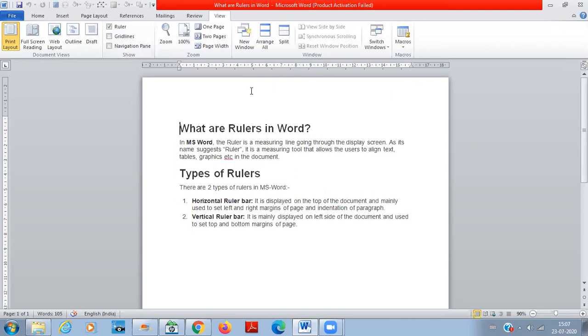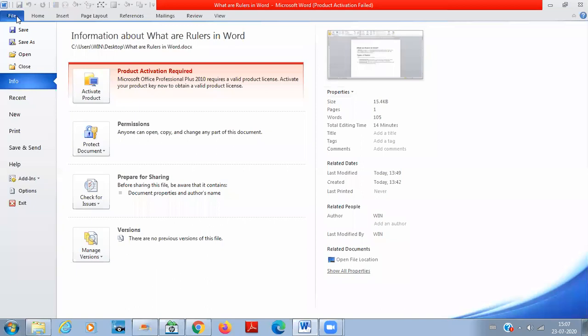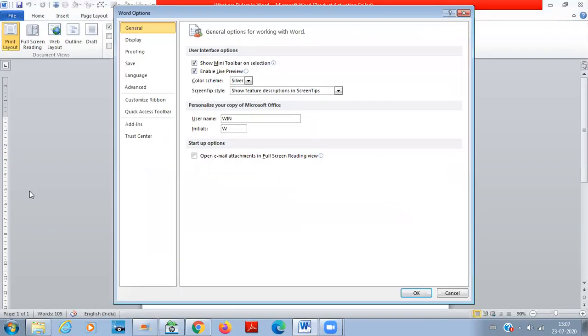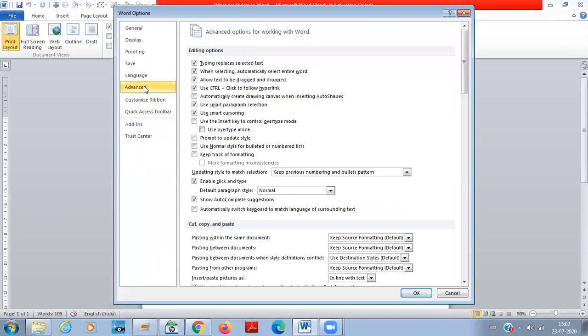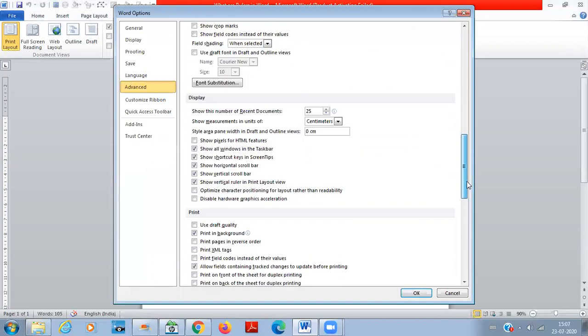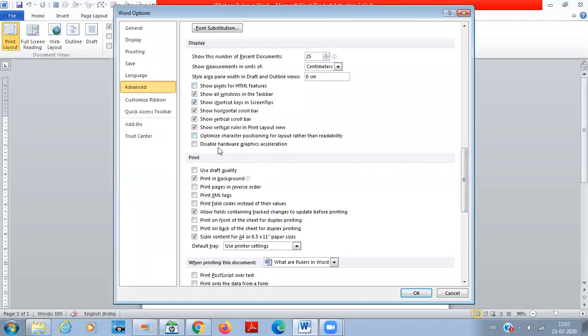So now we will see how the rulers work, what the functionalities of rulers are. But before that, I want to tell you one more thing. Sometimes in print layout view, the vertical ruler is not shown by default. So you have to go to the settings to show this. Just go to File, and in File go to Options. In Options, go to Advanced. In Advanced, go to Display settings.